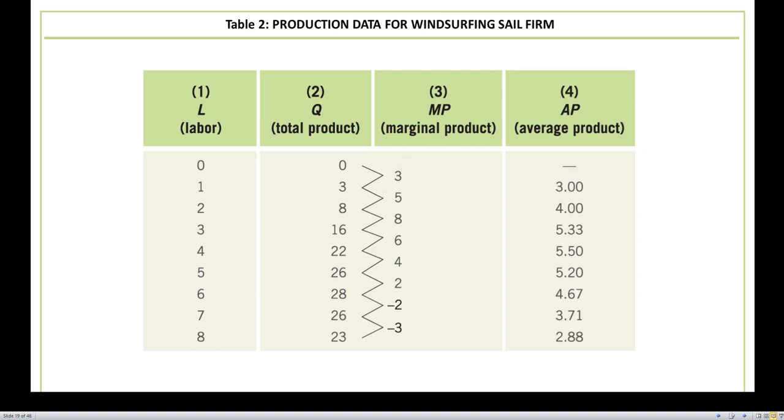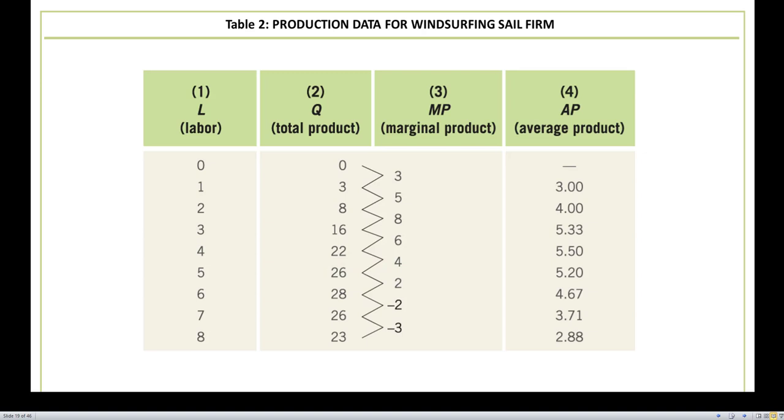So once again, there is going to be a very good relationship that does develop between labor, total product, and marginal product. And you just have to follow along the same sort of methodology, use the equations for every single sort of calculation if you need to, just to stay consistent. So exactly say, how do we get this 4? So here, we go from 22 to 26, so the difference there is 4. The difference here between the labor is 5 minus 4, so 4 over 1 gives us that 4 right there. So same methodology, same equation.